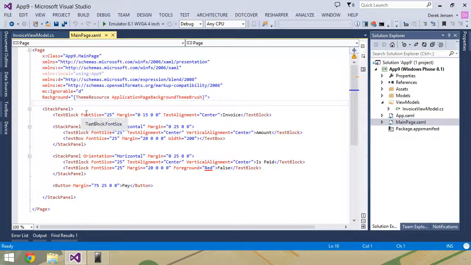So that's ultimately what's going on here: the background is being set to a theme resource, and that theme resource has a name of ApplicationPageBackgroundThemeBrush. So this is a predefined brush that has been created within this application or within the framework by default that has a specific value associated with it, so that at runtime this value is inserted into this background attribute, and that's where it's going to get its color when things first start up. So the special mechanism to get that to work are these curly braces.